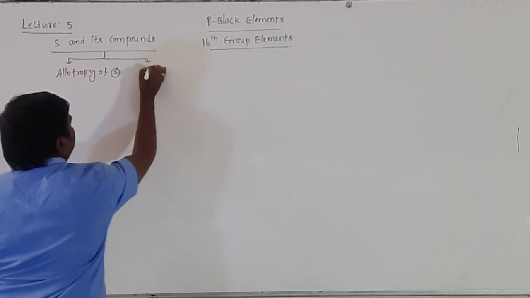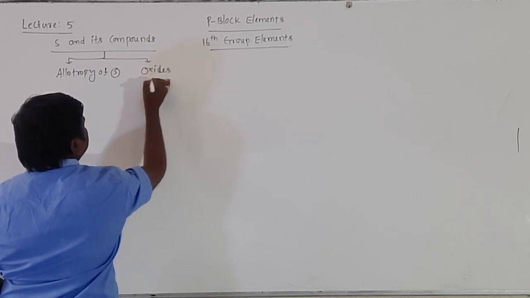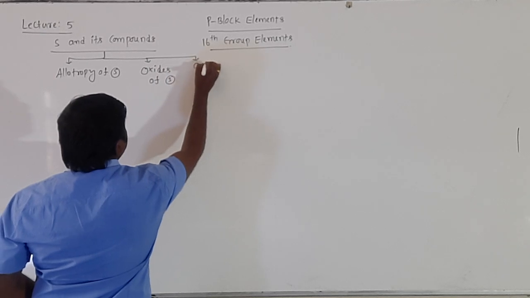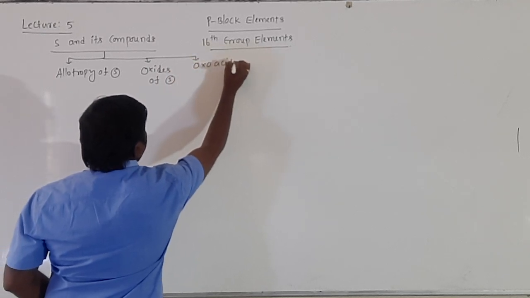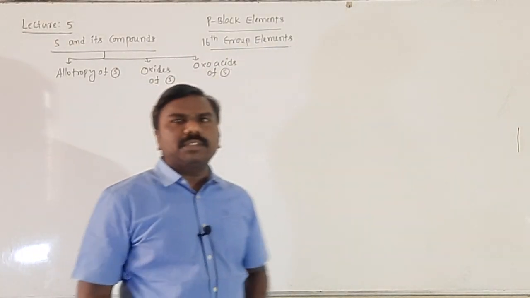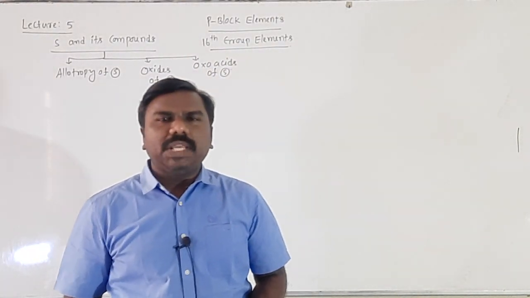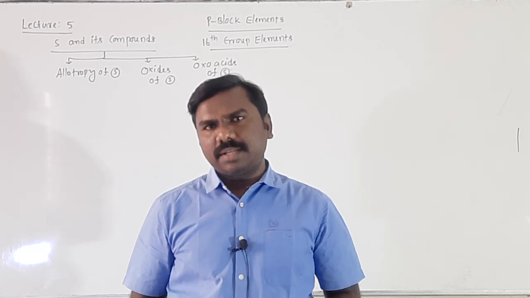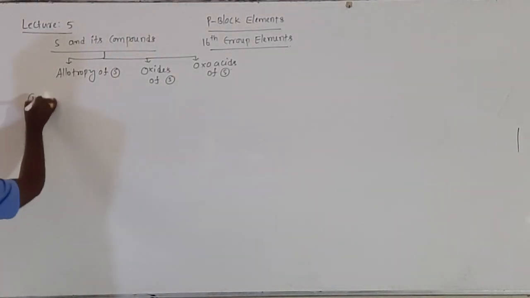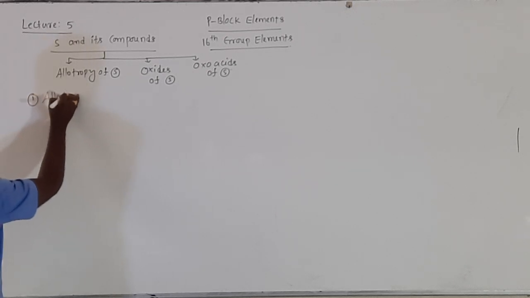Second one, oxides of sulfur. Third one is oxo acids of sulfur. So, we need to discuss three topics on sulfur: allotropy, oxides and oxo acids. We will start with the first one, that is allotropes of